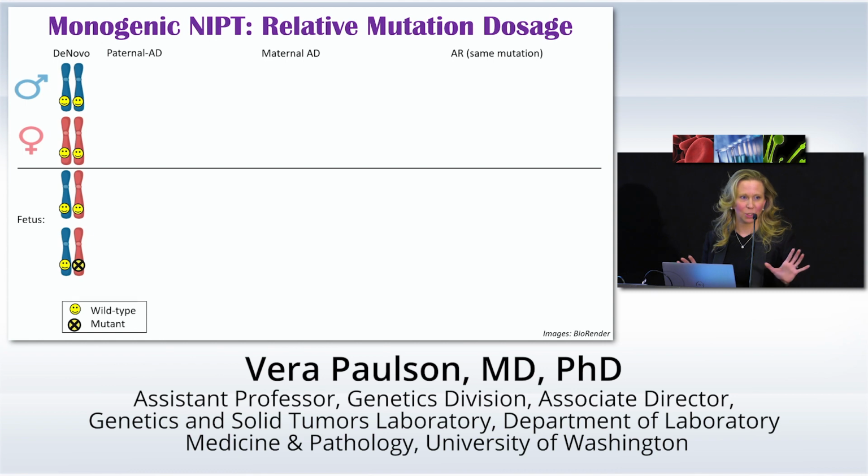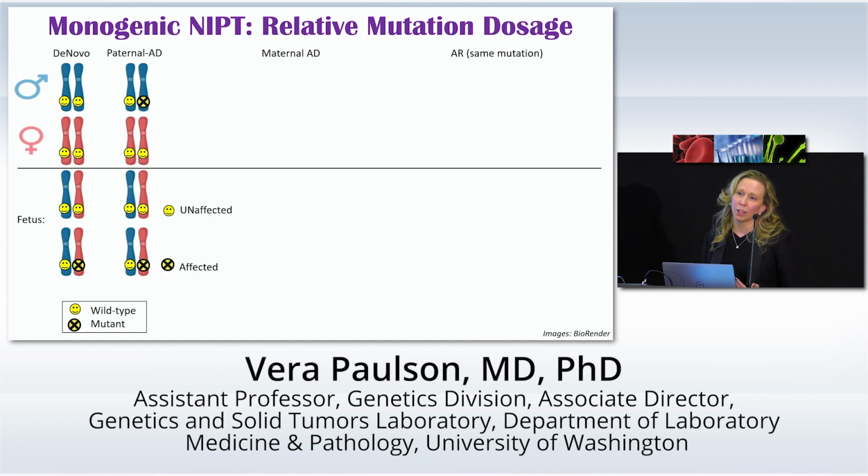And I'm going to try not to lose you because I think I read this paper 3 or 4 times. It was really one of those like, let me make sure I understand all the nuance to this. We have data up here, helpfully annotated mom, and then these are potential fetal outcomes. You have to think about the context where you're looking for the variant. There's de novo, so neither parent has it, it's arising spontaneously. And this would be, as what's seen down here, right? So the mutation's in the fetus, but isn't present in one of the parents. You think about these very similar to paternal autosomal dominant diseases.